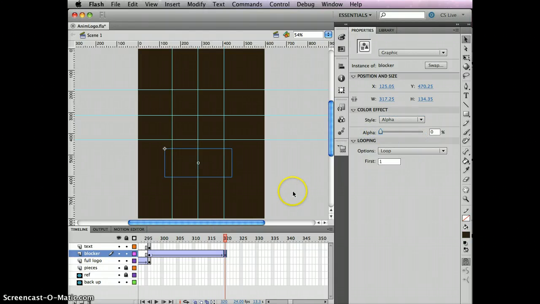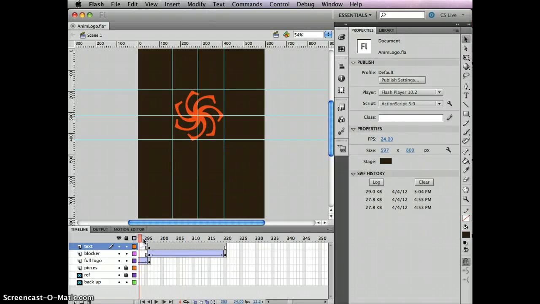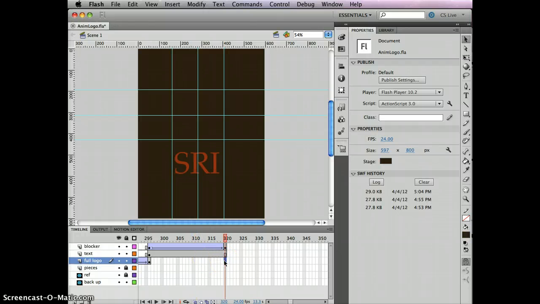down to 0. Then I just need to extend this via F5, and that's what we have. Change the order so that the blocker is on top, and there we go. That'll allow the text to fade in. And of course I need to do an extension on the full logo as well via